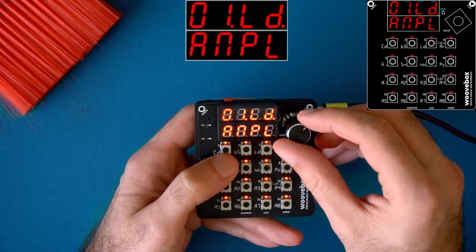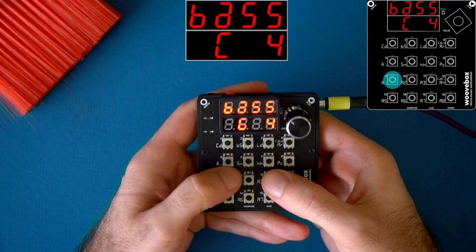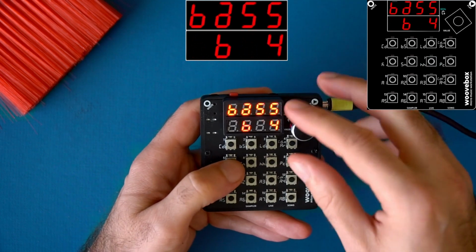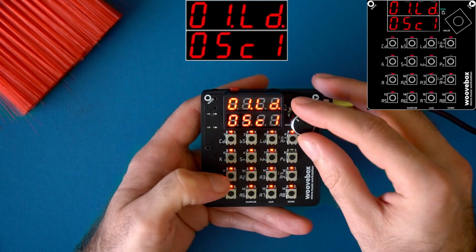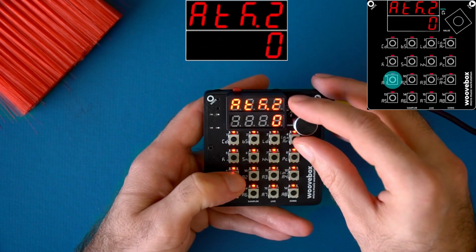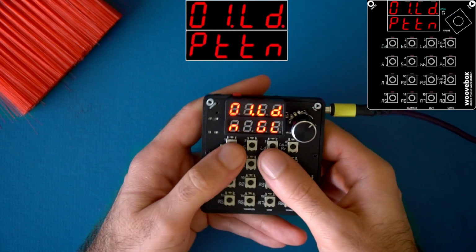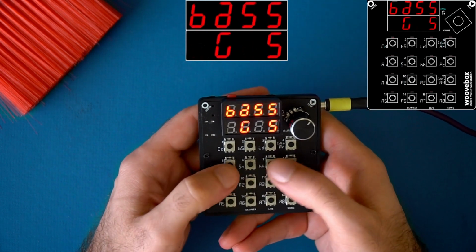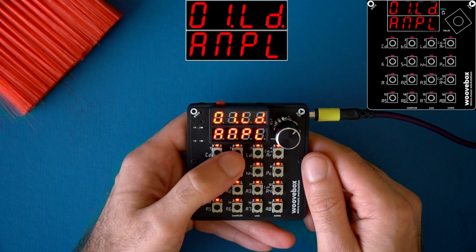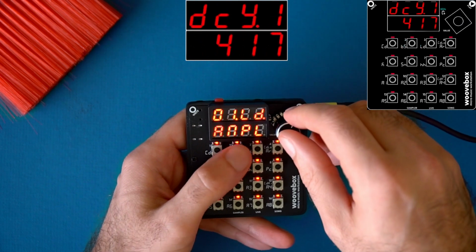So the first thing I want to show you is that right now we're hearing a click. So how would I get rid of that? I can go into the amplitude setting and set like an attack of maybe 1 on the envelopes. And now, one thing that could be interesting is if we had a longer decay,